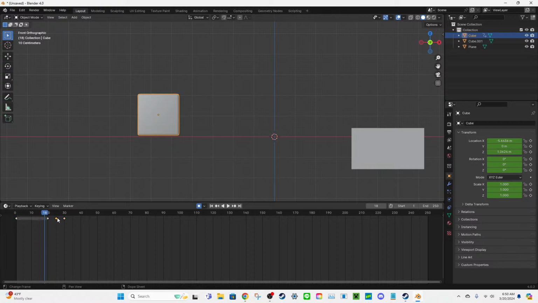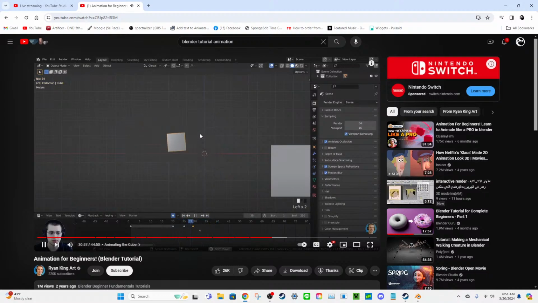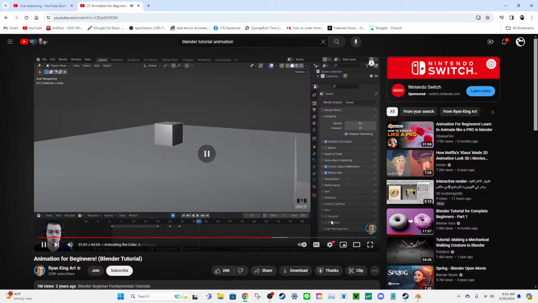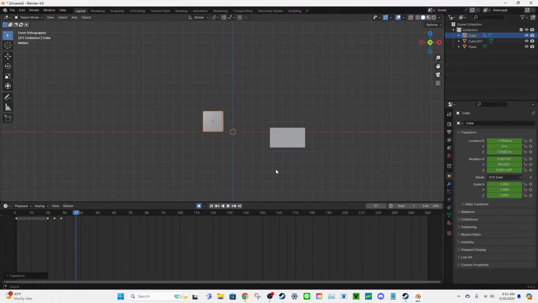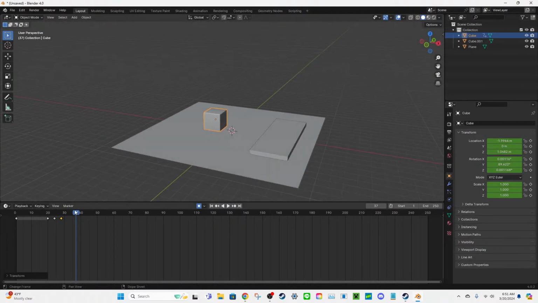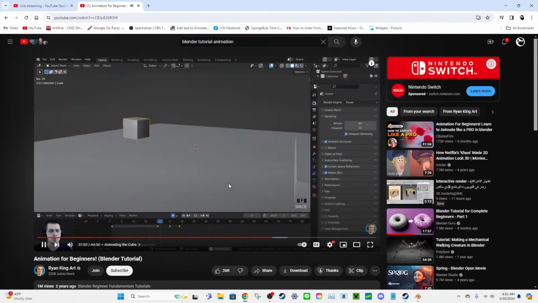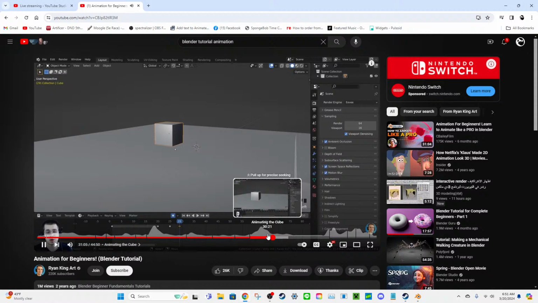So I can grab the individual keyframe to move it over a bit. Oh, yeah, that looks way better. Just come up and then come down just slightly faster, by like 1 frame or so. So if we play that, that's looking pretty cool. The cube kind of jumps, but it doesn't look very realistic because the cube would probably slide a little bit on